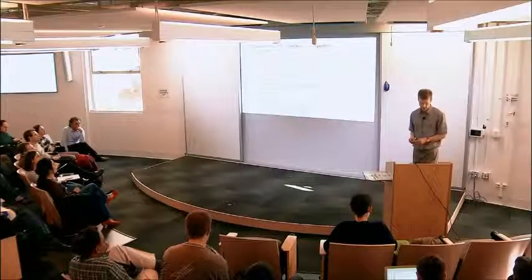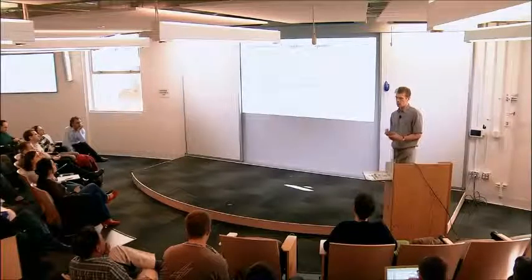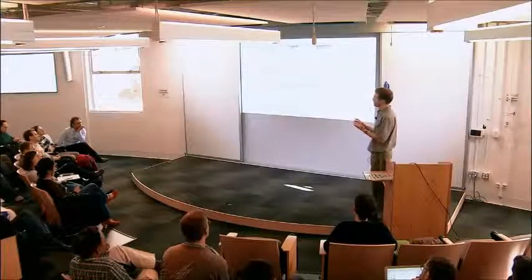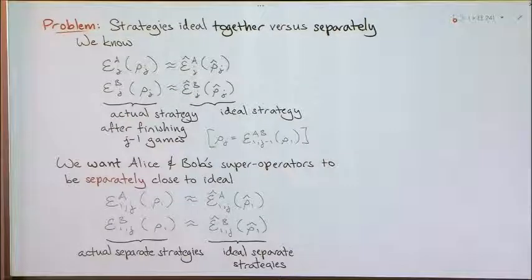I think I'll skip over this. This just gives you a little bit more technical details of how the theorem works. What I've said so far is that the strategies of Alice and Bob are together close to ideal, meaning that when you apply both superoperators together, it's close to when you apply both the ideal superoperators together. But for the applications, I want something stronger. I want to say that even if Bob doesn't play any CHSH games at all, even if only Alice is playing the CHSH games, her strategies are close to ideal on their own. This will be very important for any applications. So we want them to be separately close to ideal.